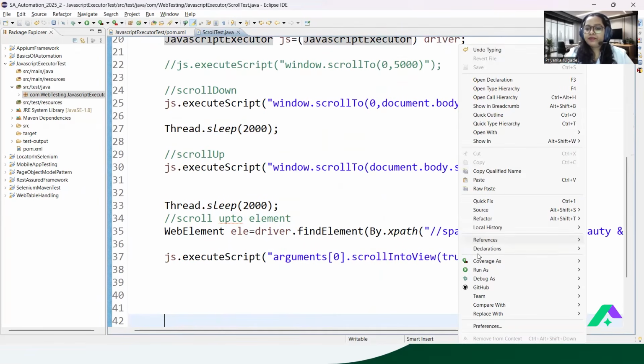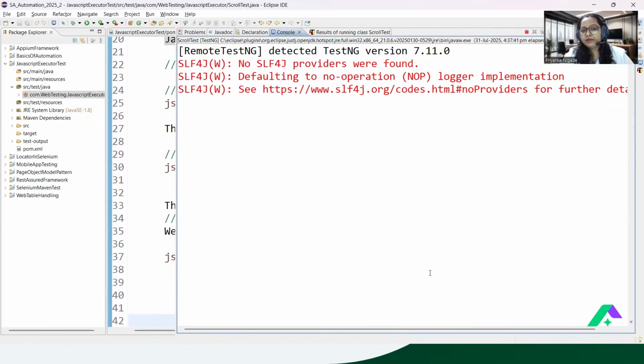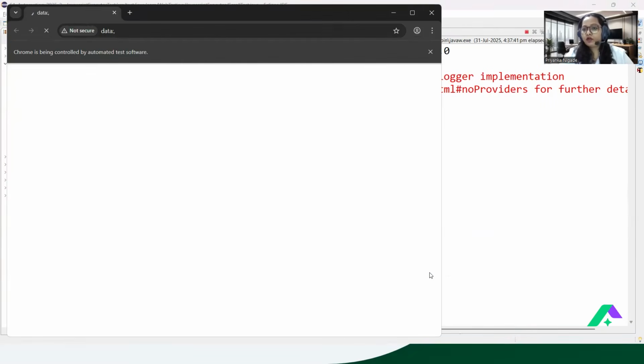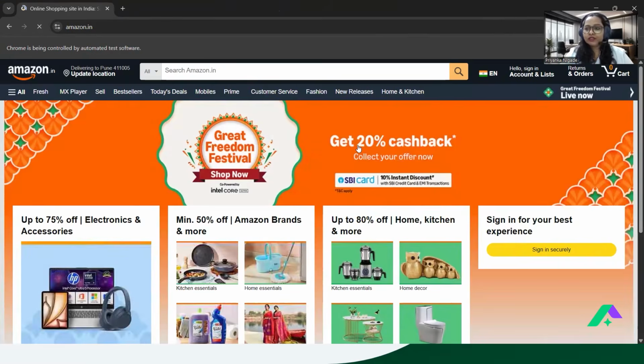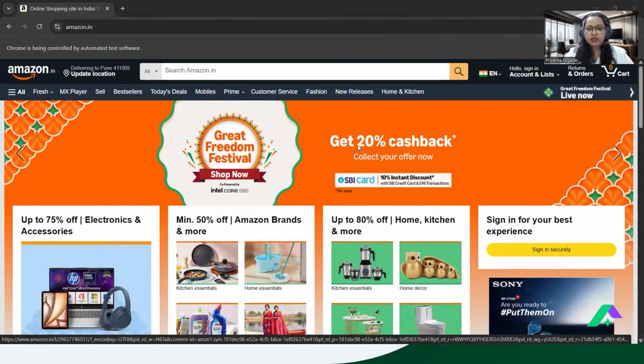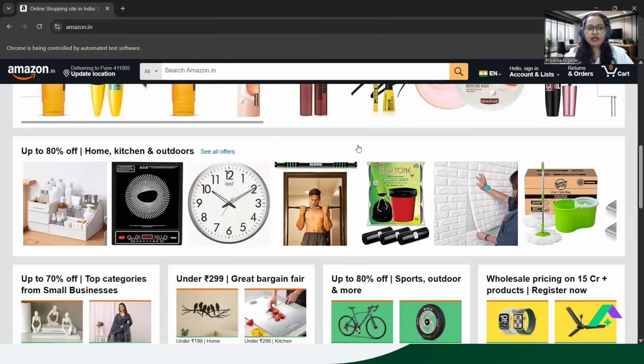Now let me run it, and let's observe how exactly it is executing. So this time, if you can see, the application launched, and now it is in full screen. Let me quickly click on this particular step. So I don't think it got executed. Yeah, okay. So in the current step, you can see it scrolled up to that element, right?